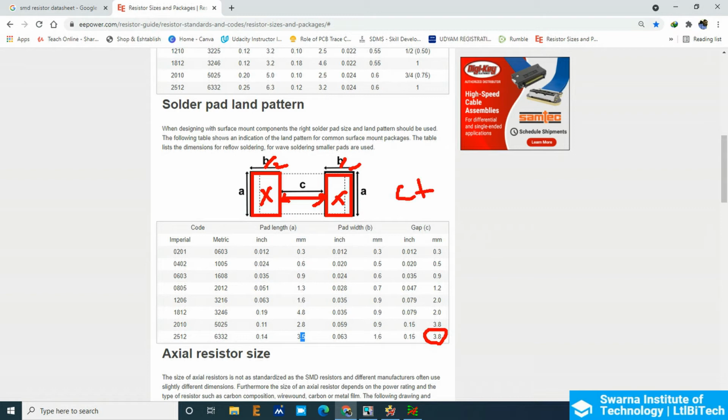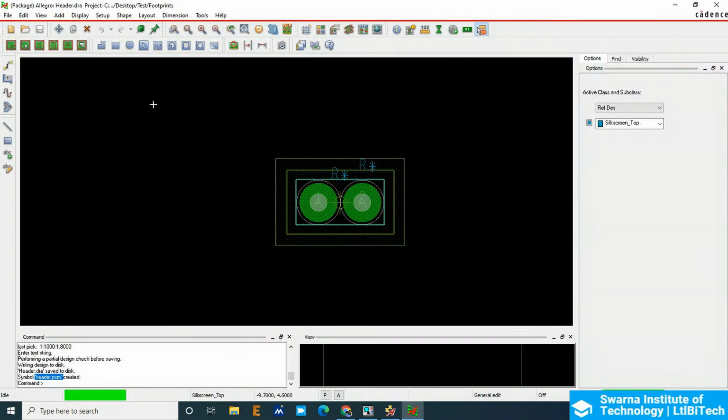So it is C plus B will be the pitch. So this is plus B is 1.6. So this is around 5.4 will be the pitch. So go to this package